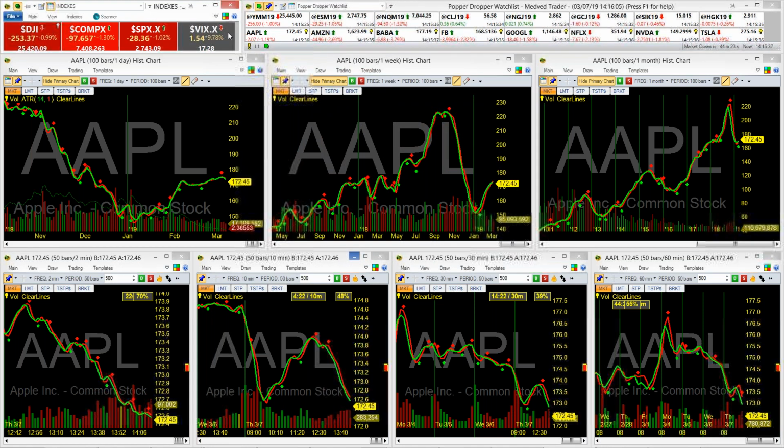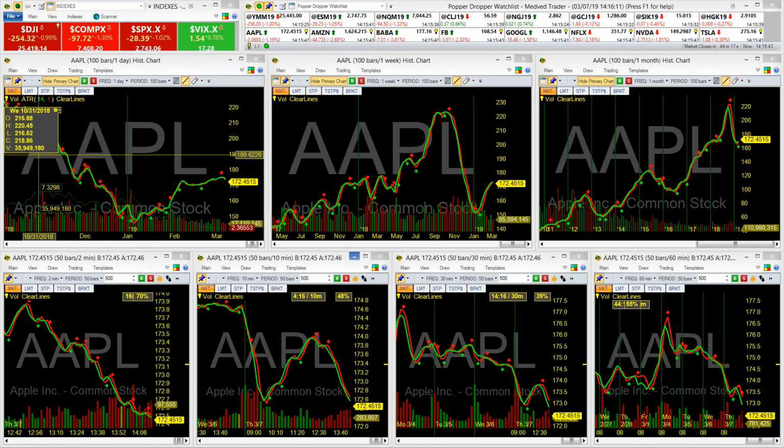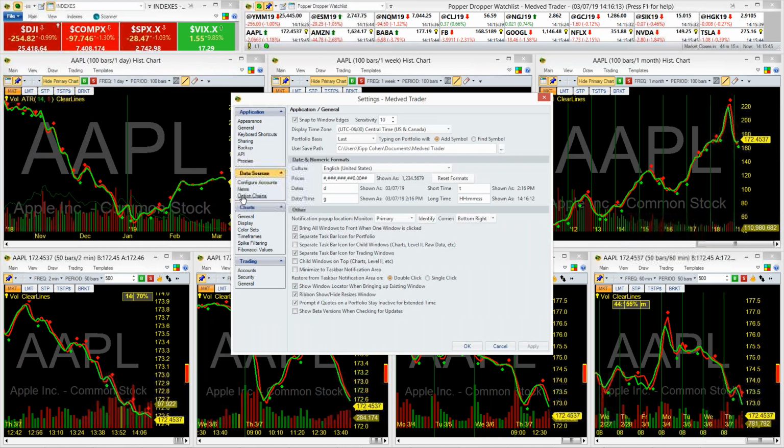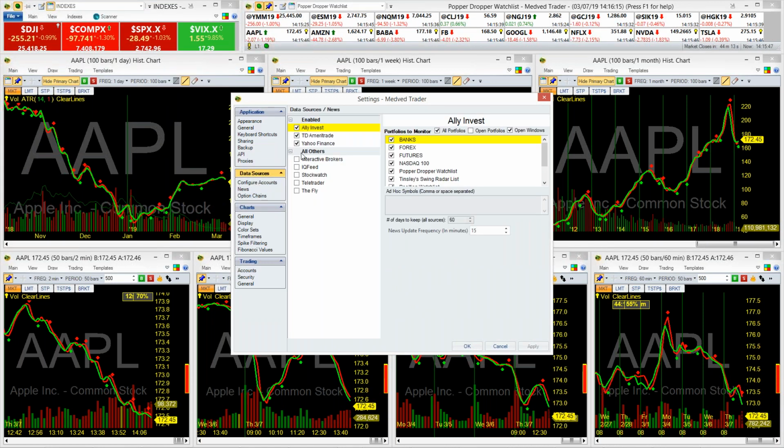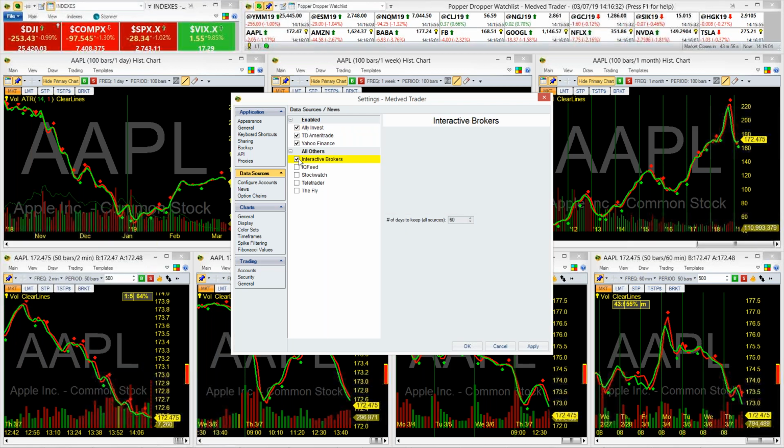You can set up your news by clicking on the Show Dashboard, F12, or go to File, and then click on Settings. And then under News, you can configure that. Depending on what broker you have will determine if you'll have access to certain news sources. Because I'm set up with Ally Invest, TD Ameritrade, and Yahoo Finance, I can utilize all of their news sources. Actually, I may not be able to use Interactive, but